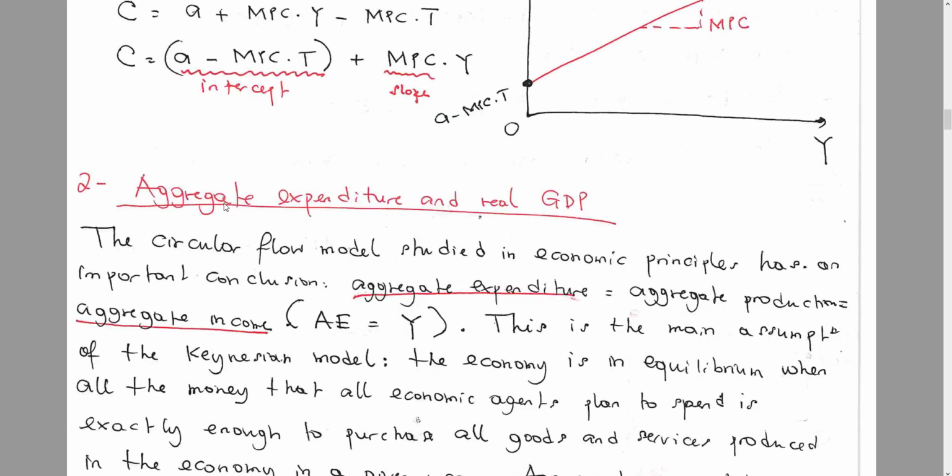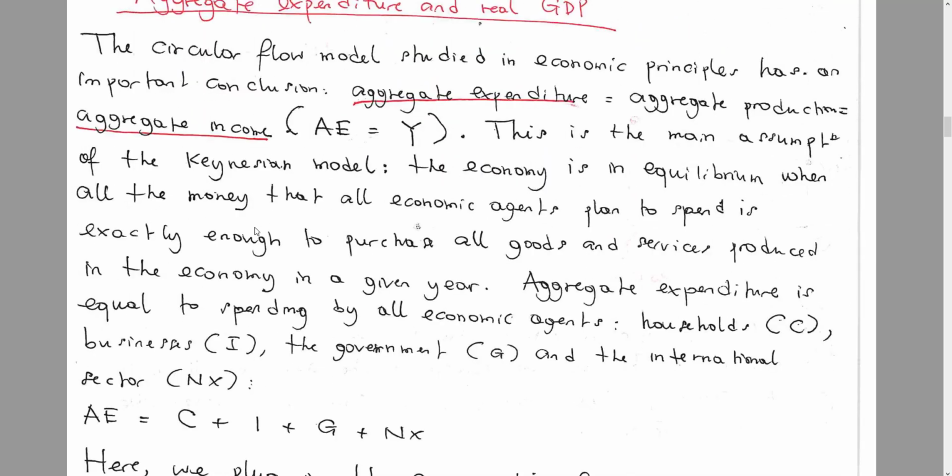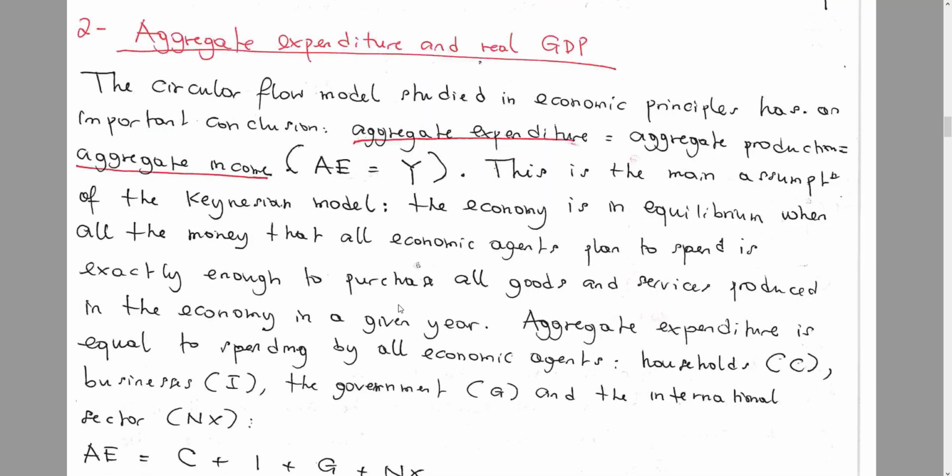Number 2, we're going to talk about aggregate expenditure and real GDP. Now, this is a bit of theory. I'm going to read through it and try to explain. But in Econ 201, and sometimes it is taught in 202, you talk about the circular flow model. In the circular flow model that you study in economic principles, there's an important conclusion that you derive from that model. And that conclusion is that aggregate expenditure is equal to aggregate production,